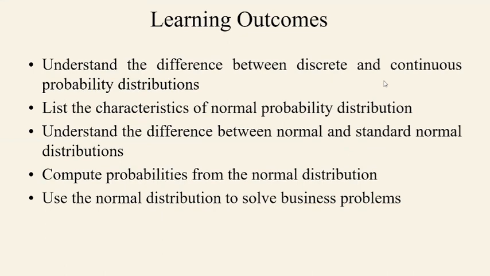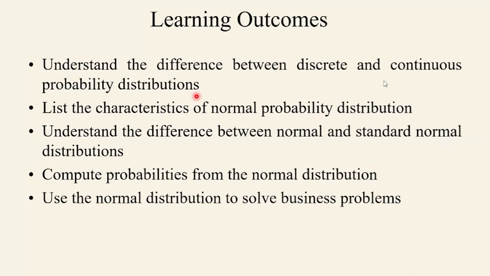So the learning outcomes. First learning outcome: you will be able to understand the difference between the discrete and continuous probability distribution, right? That means you will be able to distinguish the discrete and the continuous probability distribution. And also, like